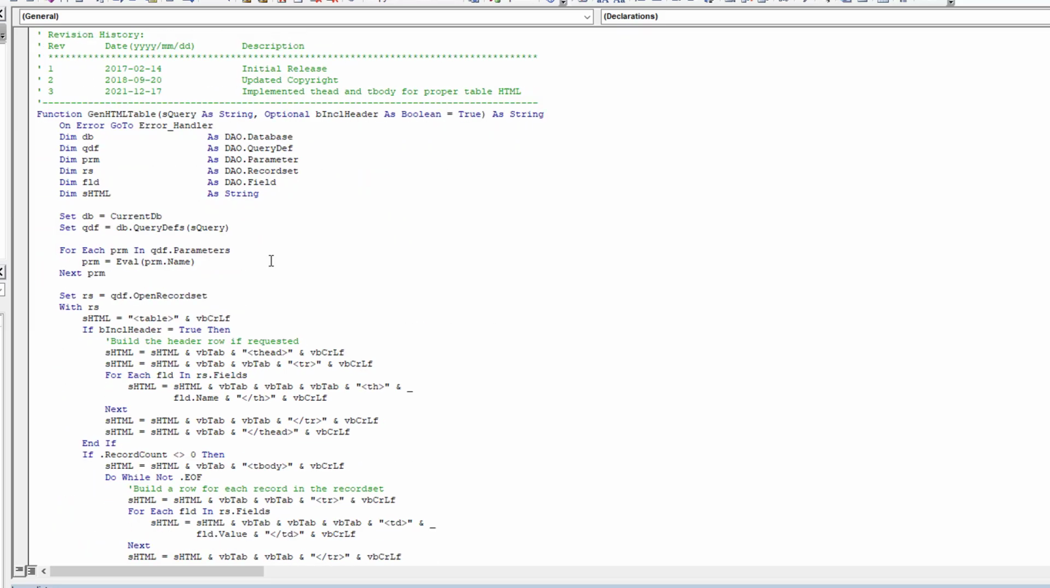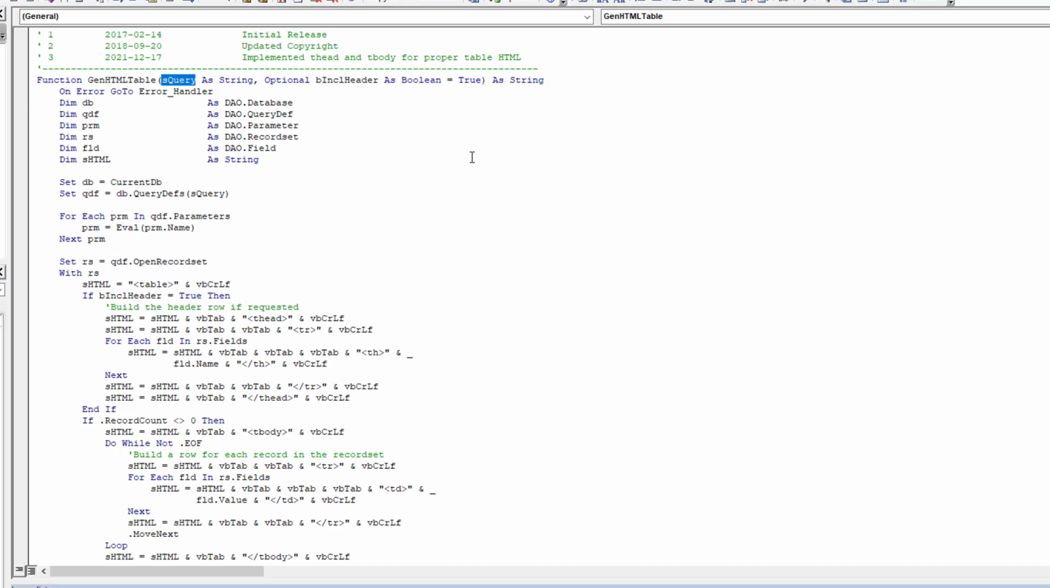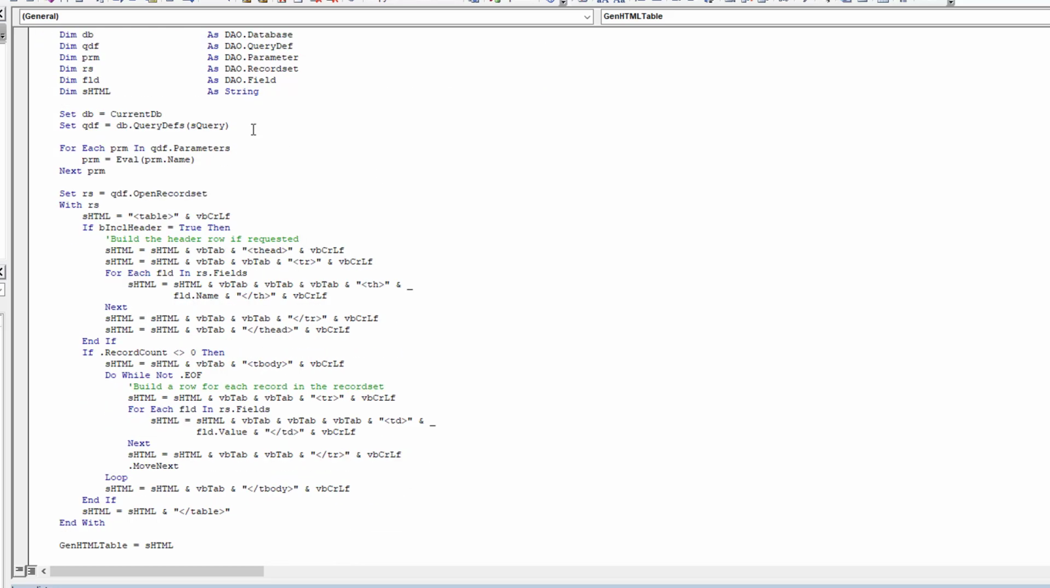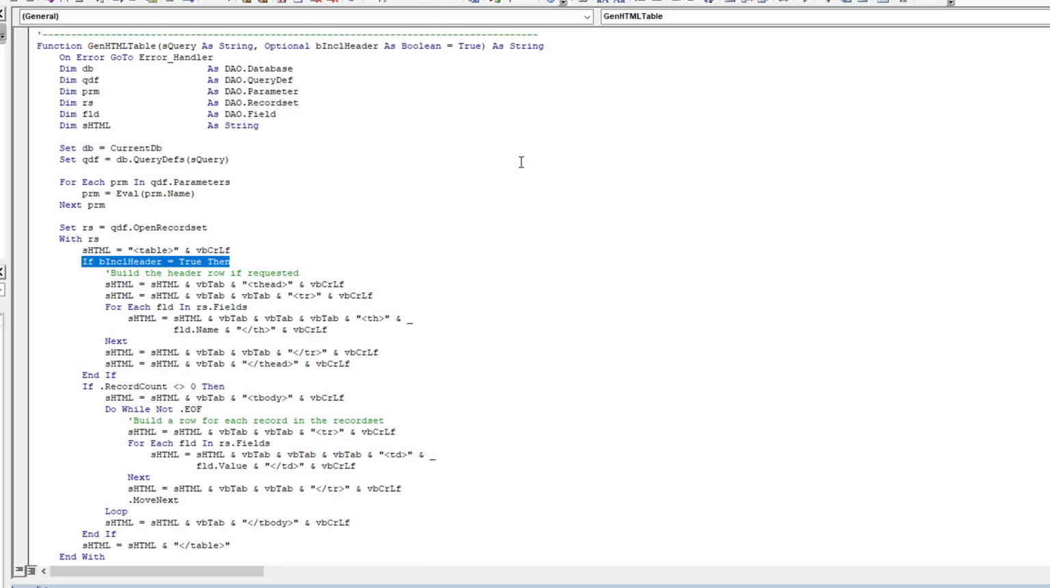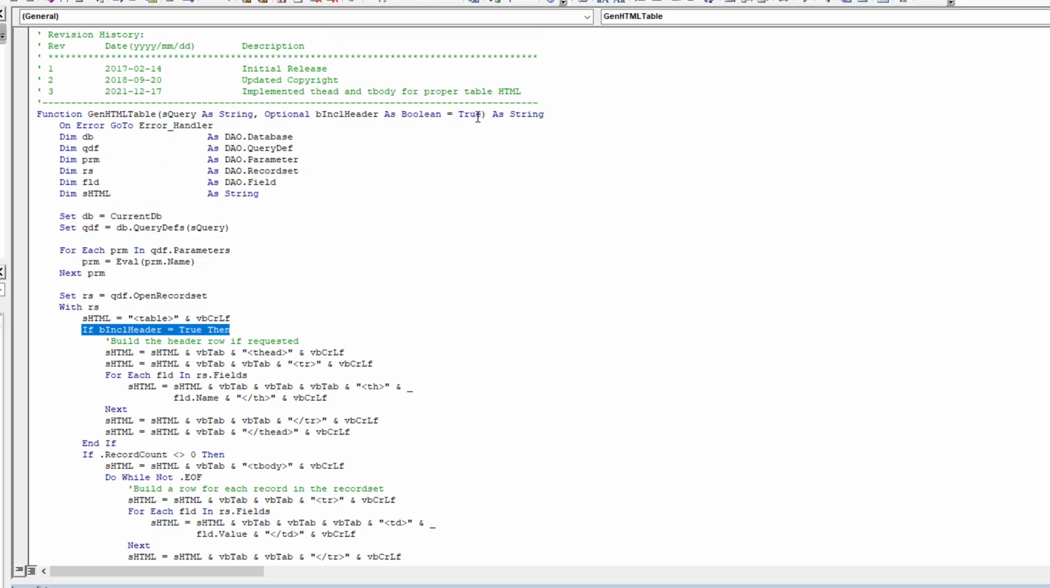So how does it work? Well, very simple. It takes two arguments, a query name, and then there's this optional Boolean as to whether you want to include a header row or not in the outputted table. So it's going to come here, grab the query, evaluate any parameters if there are any, and then we have the recordset, the raw data that we can start working with. It's going to start off by creating the table tags, and then if you've chosen to include the table header, which is optional but optionally true, so normally it will be included,